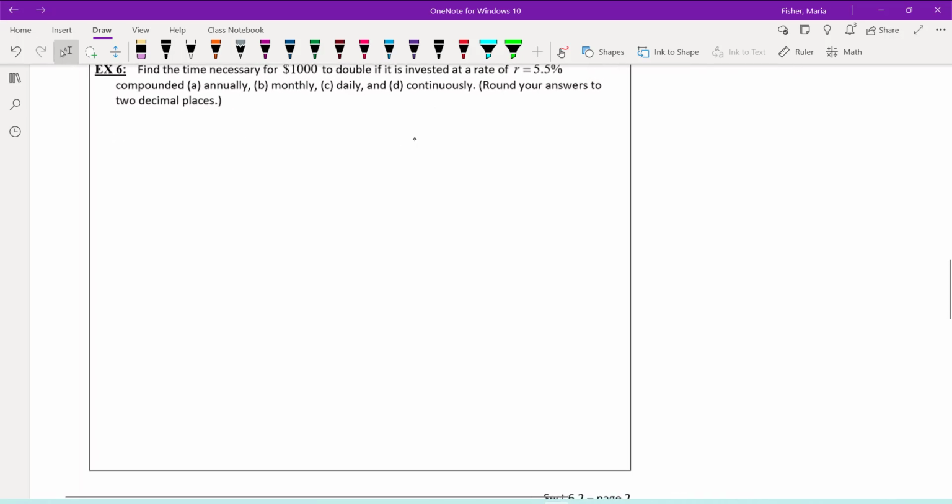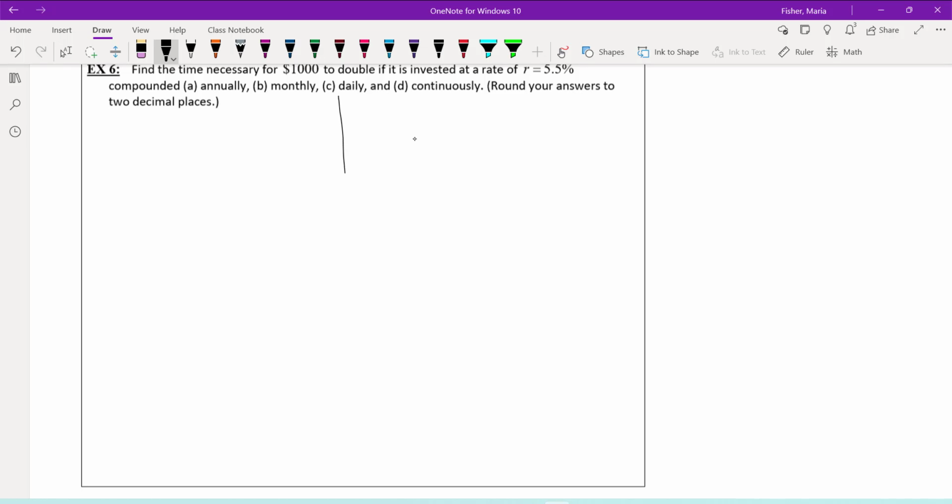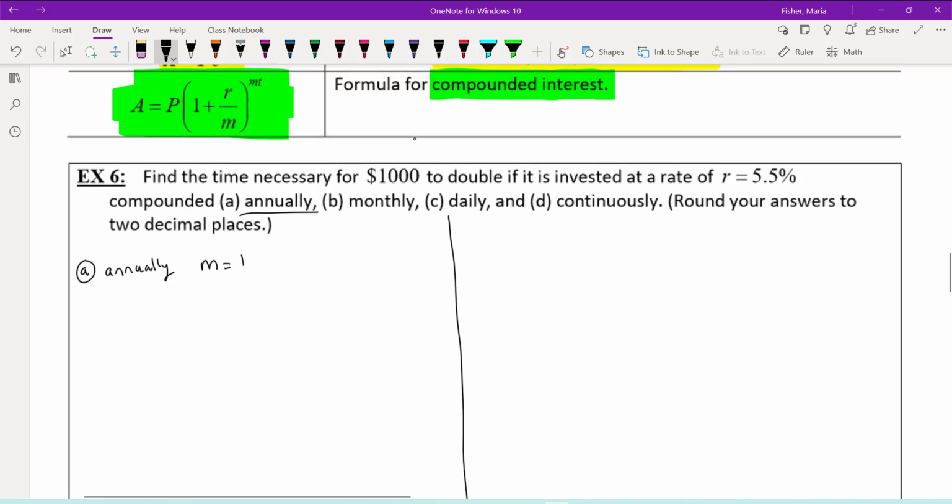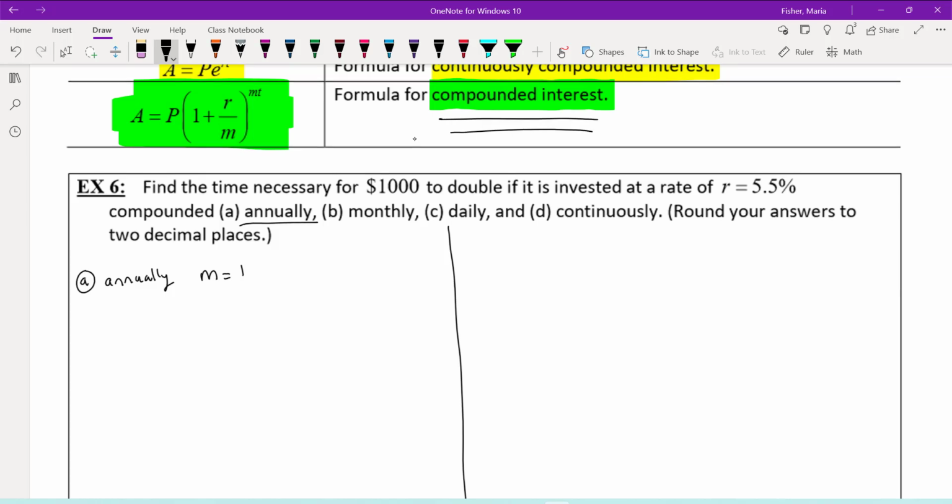So if we break this up into 4 different sections to go from A to D, we get that for part A we want annually. Well, annually is going to mean that my M is equal to 1 because we're going to use the formula for compounded interest. Well, we're given that $1,000 is the initial amount, that we're trying to get it to double, which means that A is going to equal 2,000, and that the rate we invested at is 5.5%, so R is going to equal